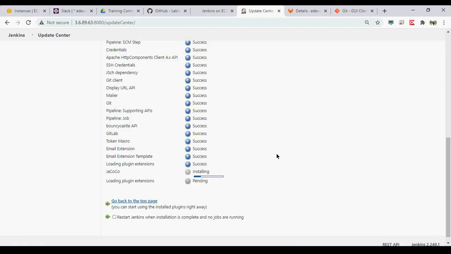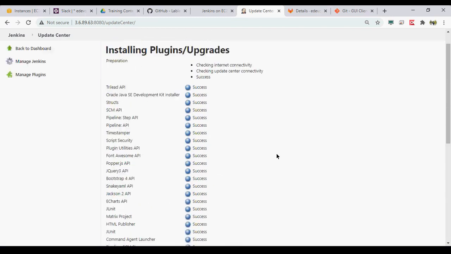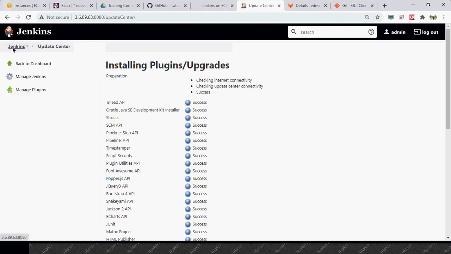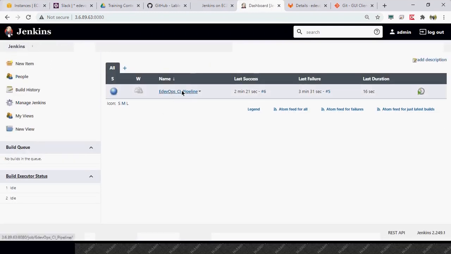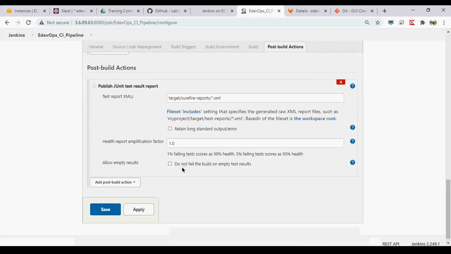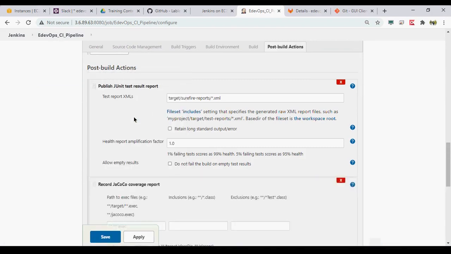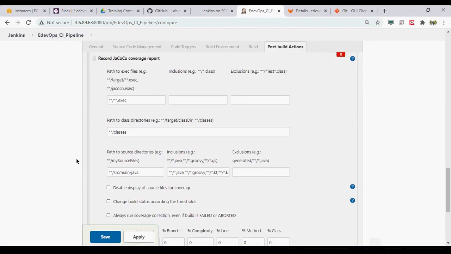It will download it. Most of the plugins don't need a restart of Jenkins. Okay, so now configure it. This code coverage recording comes as a part of post build action. So here you can record the code coverage.